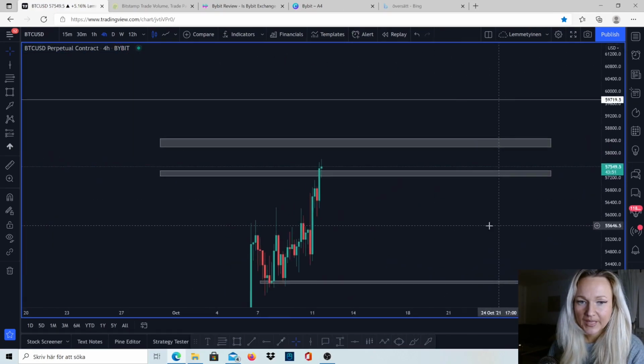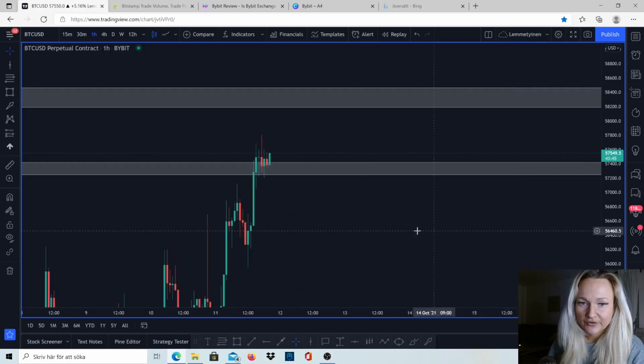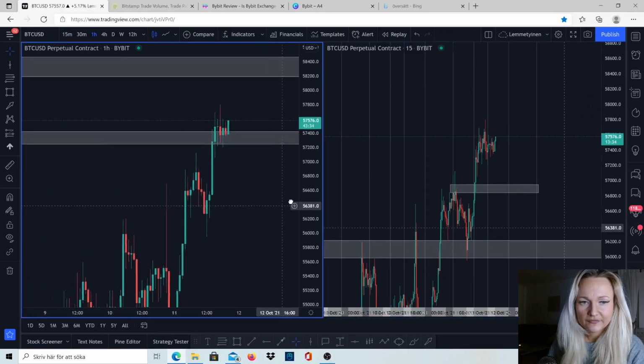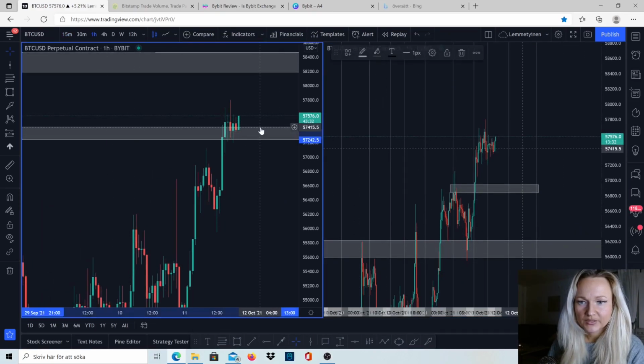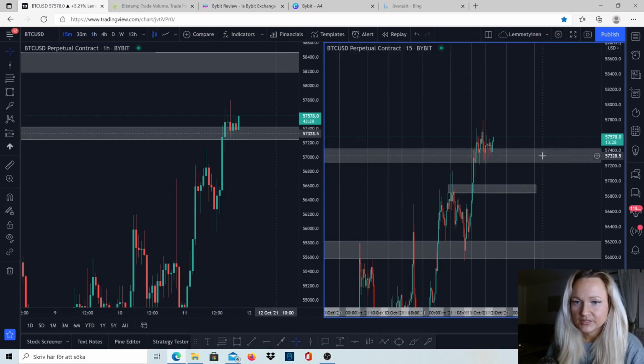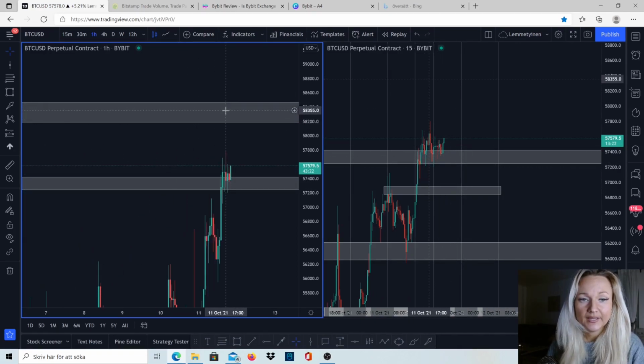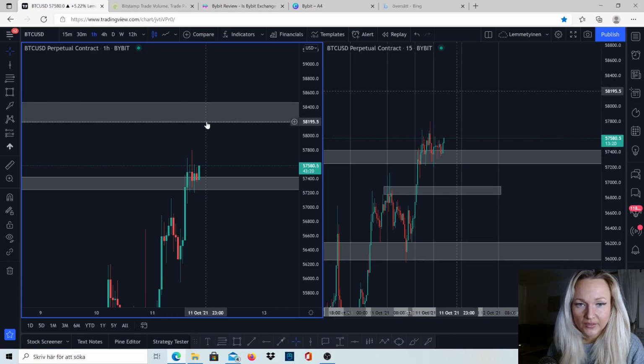We could see that we did break this first level that I did have. Going down to the lower time frames, you could actually see how it broke, came back down and retested it. I want to see how it looks on the lower time frames. We're just combining, so we can copy this level to the left side just to see. Okay, so either the market will continue to the upside, obviously, and then I have my other target, and that's around between